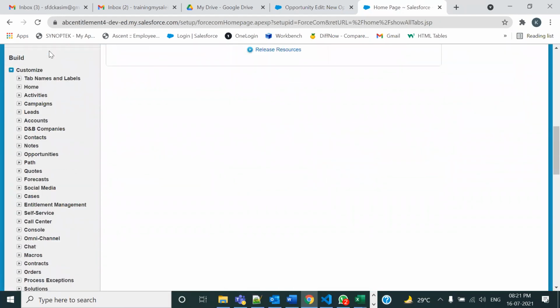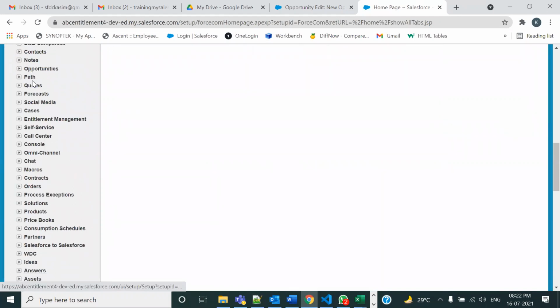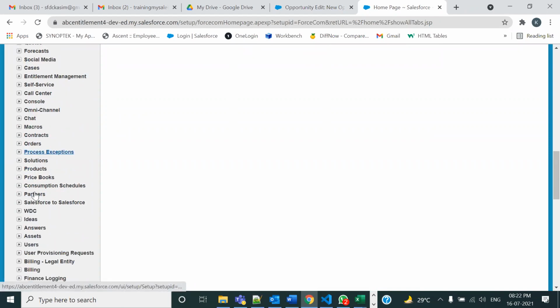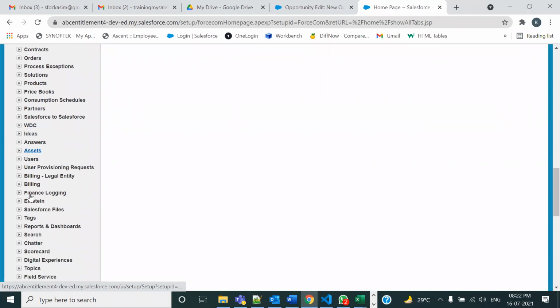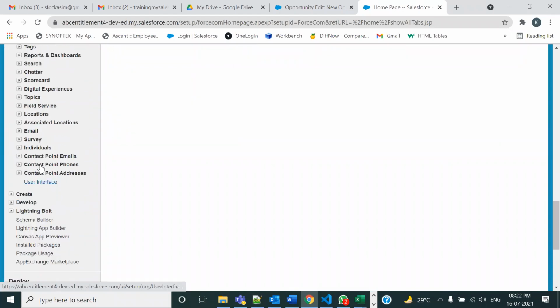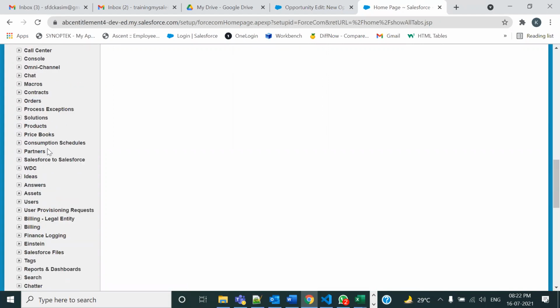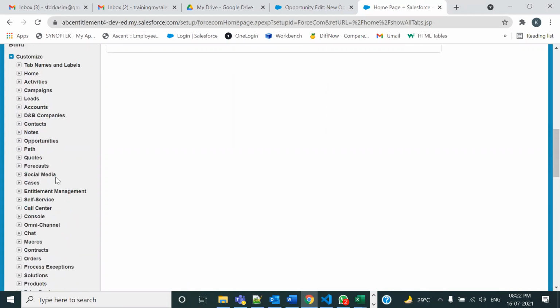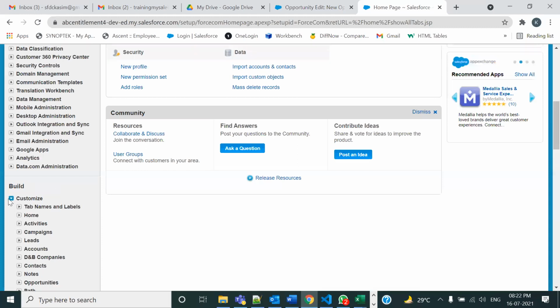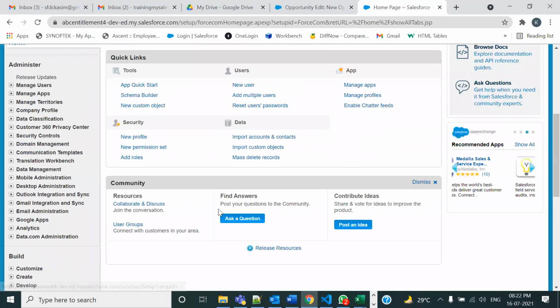बिल्ड सेटअप, go to setup menu, go to the build menu, expand the customize. These all, path, codes, omni channel, console, call center, self, macros, idea. These all are what? These all are the objects, standard objects. ठीक है, अभी तक हमने कुछ भी क्रिएट नहीं किया, so all of them are standard objects. फिर आप मुझसे पूछो सर इतने ही है, बस इतने ही, आप इतने में भी सेटिस्फाइड नहीं है,